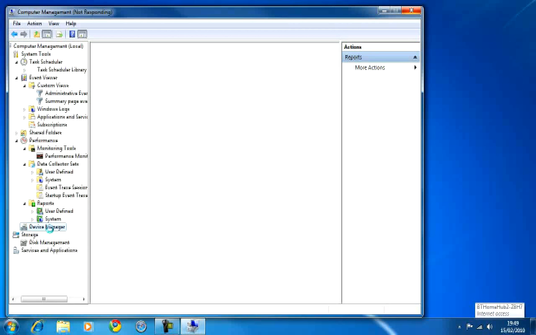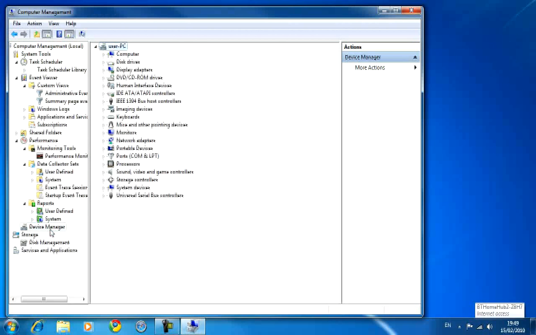That says computer management not responding. Okay, so it's responding now. Now, there's a number of ways going in. I'll show you another way of getting your device manager in a second. This is basically your device manager, and it is exactly what it is, and it sits under